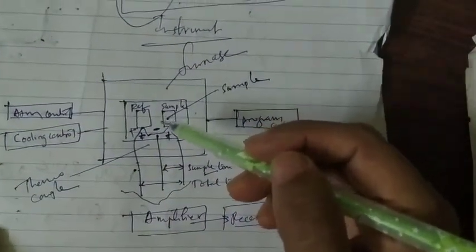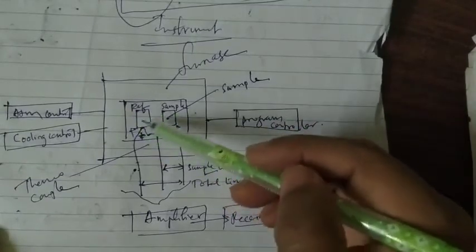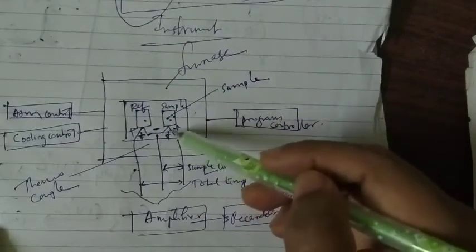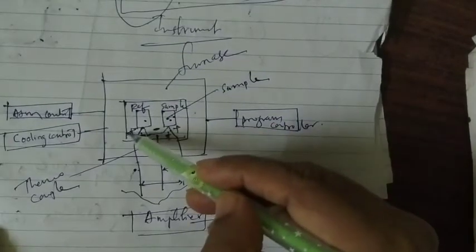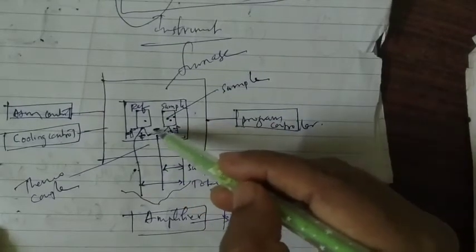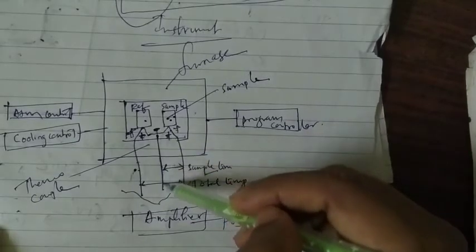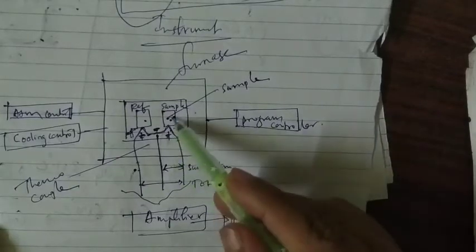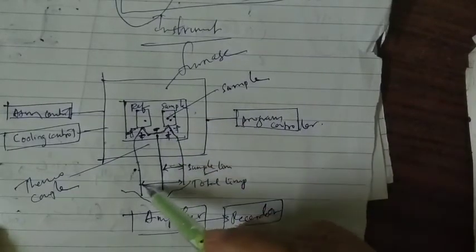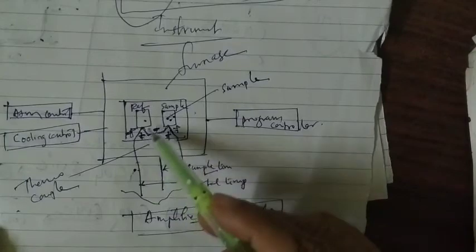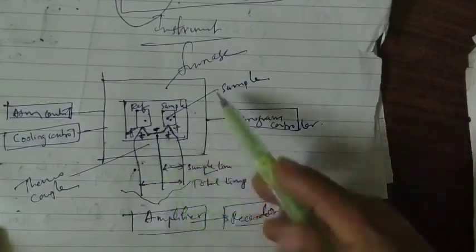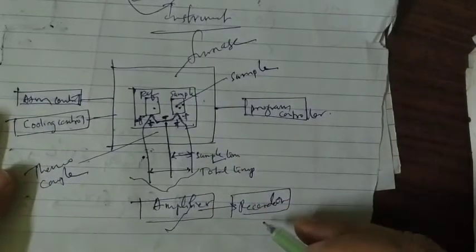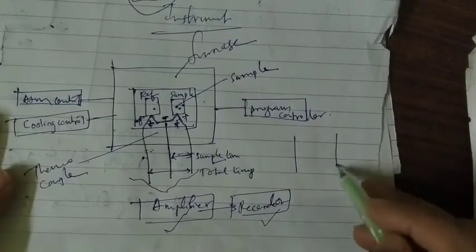So here what we require is two samples placed inside the furnace, the reference and the sample, and this is the thermocouple. Positive here outside, plus, and here negative, this is the placement of the thermocouple. This temperature is the sample temperature we are getting, and this is the total temperature, and if you subtract this you get the temperature of the reference. This data is used in calculation by the amplifier, and we record it and get different graphs and their nature.